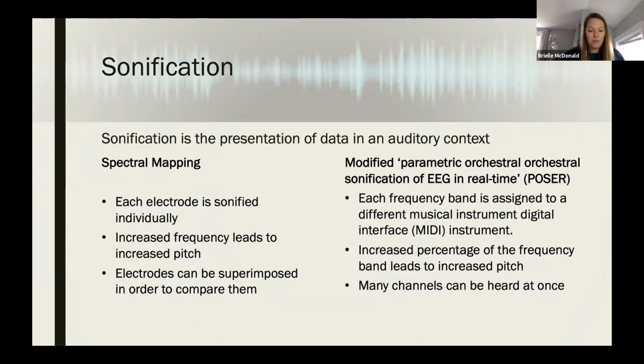So they each have a different timbre, and the pitches are then controlled by the percentage of that frequency band in the area of interest. So this method allows for many channels to be heard at once, and it was originally created to be used in real time, but it's easily modified to be done